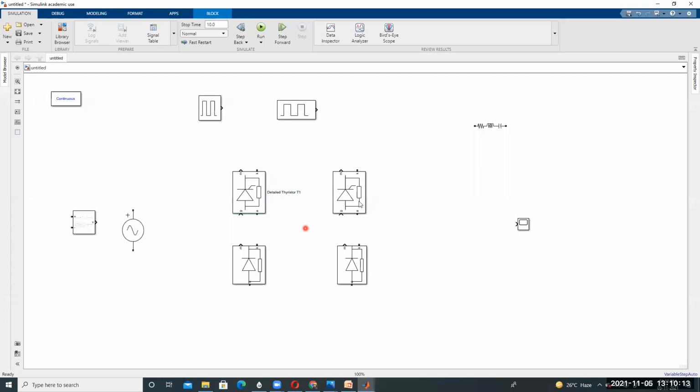This is thyristor T1, and this is thyristor T2. T2. So like this, I'm changing the names. This is diode D1. D1. Okay, this is diode D2.